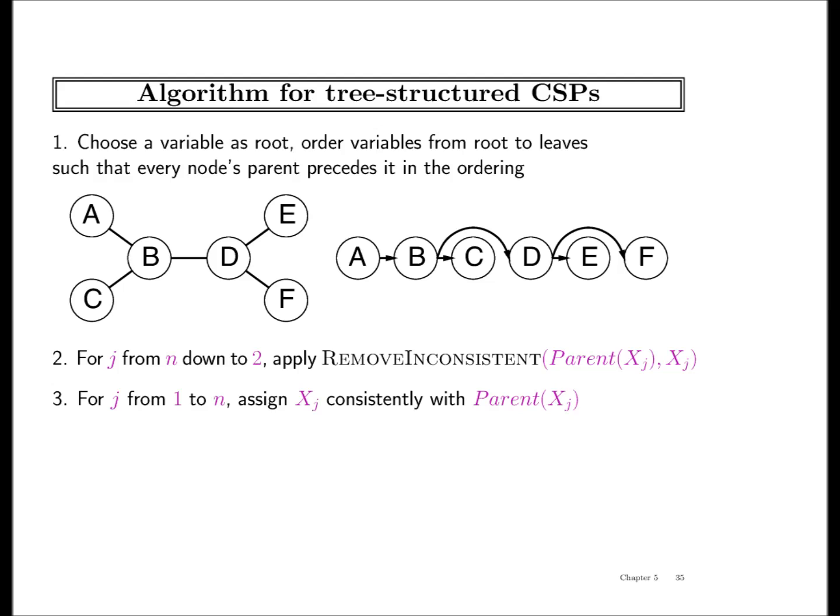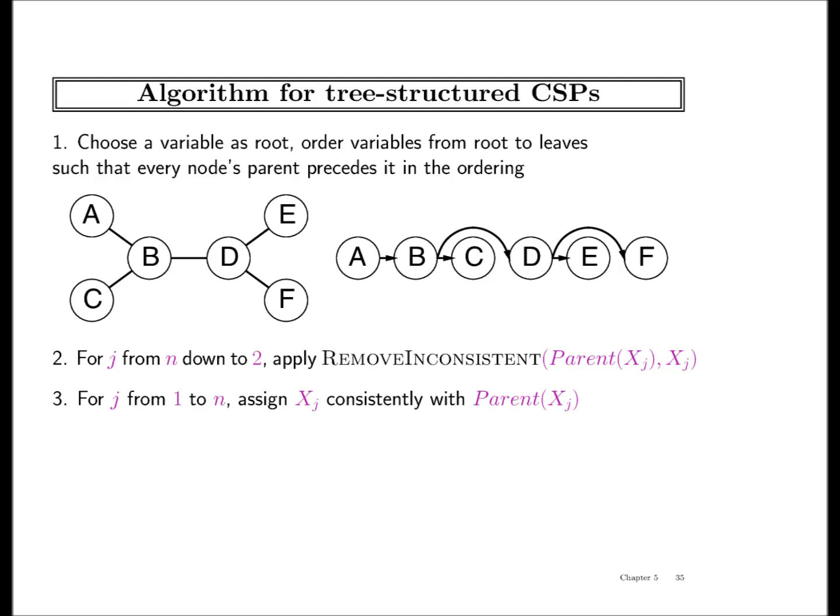Now, you start from the last node and you do recursive arc consistency for its parents. So you say that I'm going to test the arc consistency D to F. For every value of D, I should have some value of F. If there's some value of D that does not work, I'm going to remove this. Then I'm going to test D to E. Then I'm going to test B to D. Then I'm going to test B to C. And then I'm going to test A to B. And I will keep removing the values from the parents.